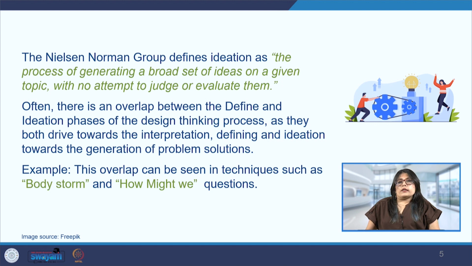On the other hand, the how might we questions are more linguistic. They are put into words, and we saw in the previous lecture that there are three ways in which we can create them. One, it can be too narrow, or it can be too broad. So it has to be just right in order to address the problem at hand, give us some freedom to really explore the creativity, and also not go overboard so that the problem goes out of control. Now, these how might we questions are in a sentence form.